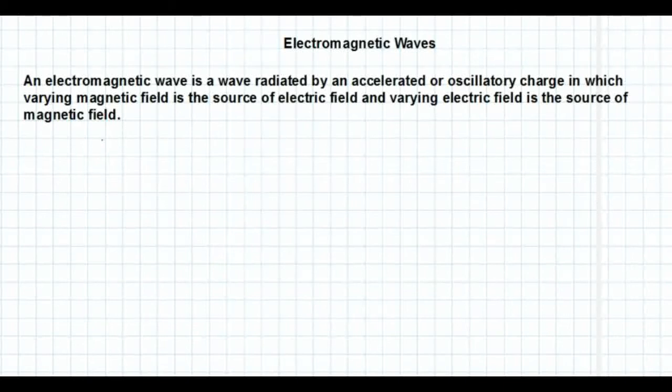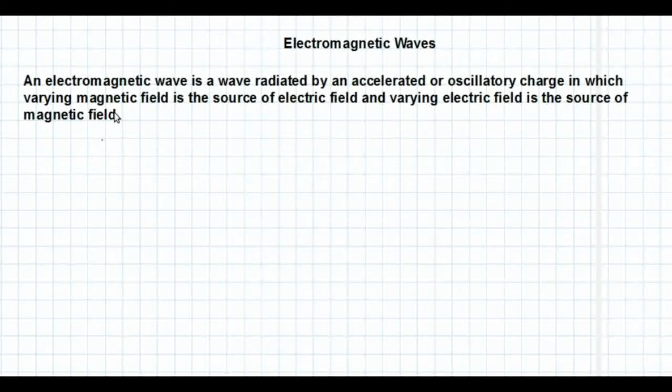So in such a circuit there will be oscillating charges, and such a circuit can produce electromagnetic waves. So the point is, an electromagnetic wave is produced or radiated by an accelerated or oscillatory charge. An oscillatory charge is present in an LC circuit. LC means L represents an inductor, C represents a capacitor. So a circuit that contains both L and C will have oscillatory charge which may produce electromagnetic waves,